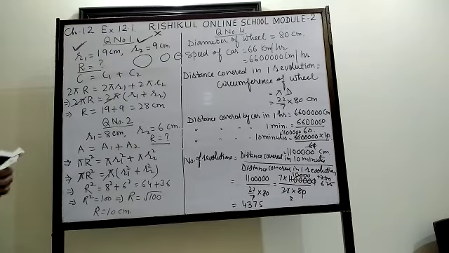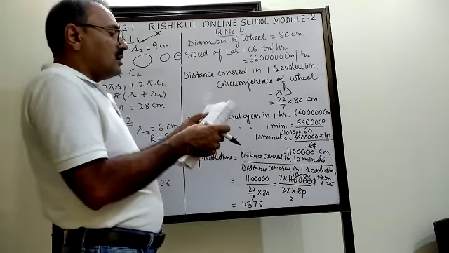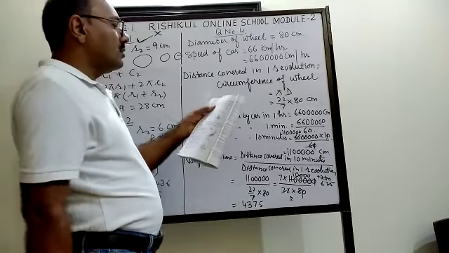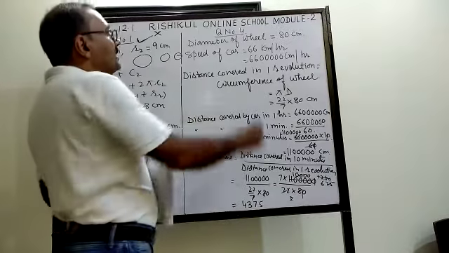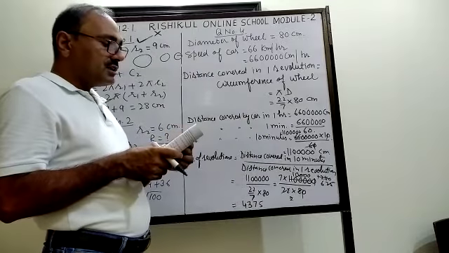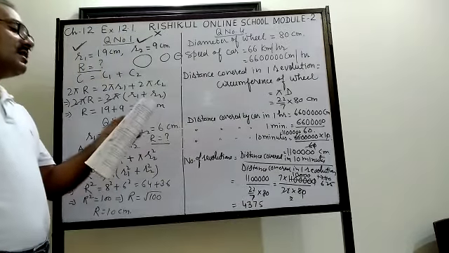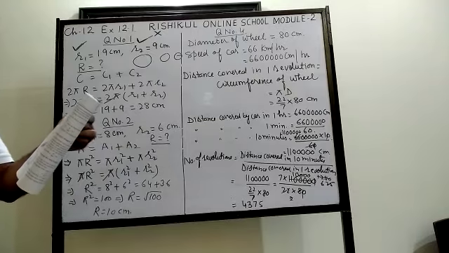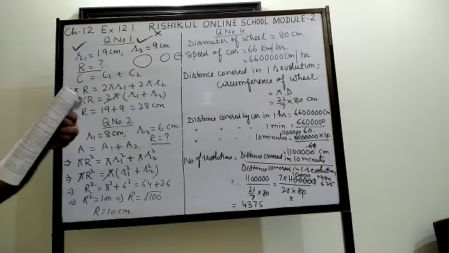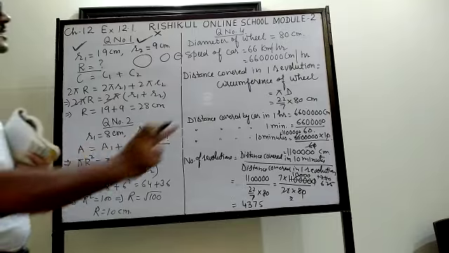Question number 4 is, the wheel of a car. The diameter of the wheel of a car is 80 centimeter each. How many complete revolutions does each wheel make in 10 minutes when the car is traveling at a speed of 66 km per hour? So students,